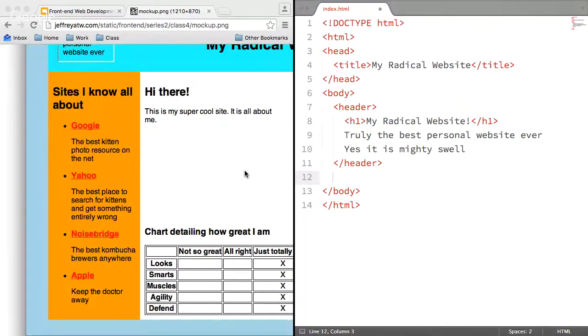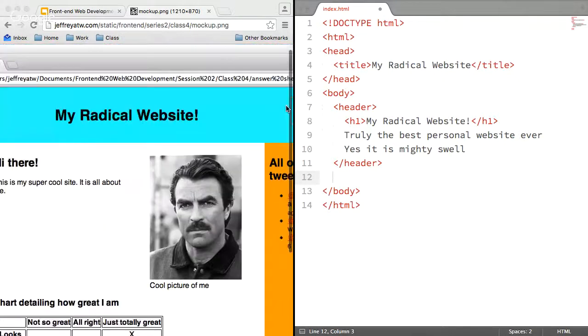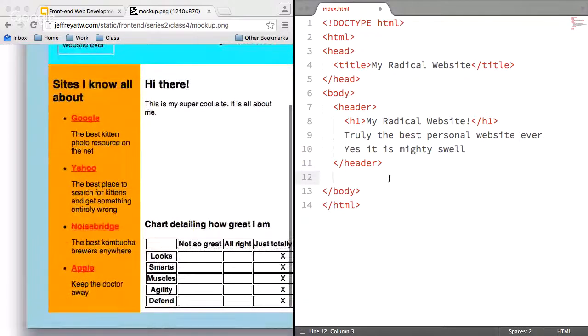Next up, we have a sidebar, main content, and then another sidebar. Sidebars can be written using the aside element. Aside is good for content that is tangential to your main content. That is the definition of an aside tag. So they're great for sidebars. Okay, so inside this aside,